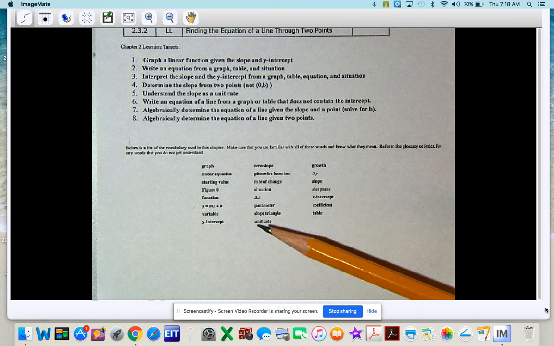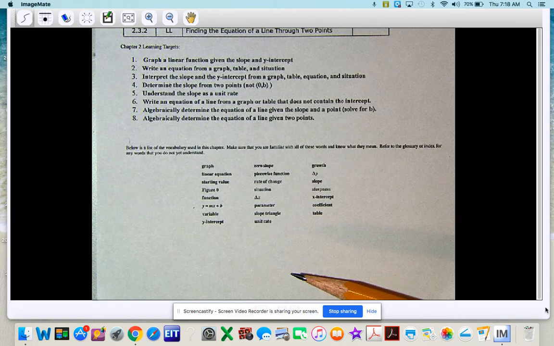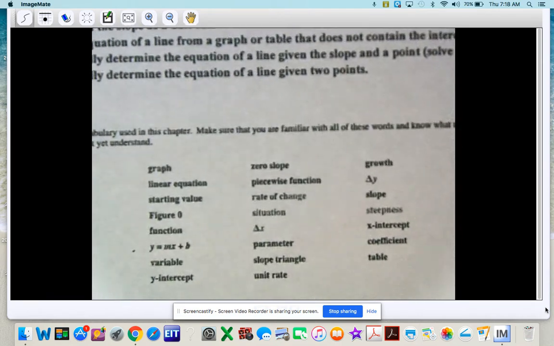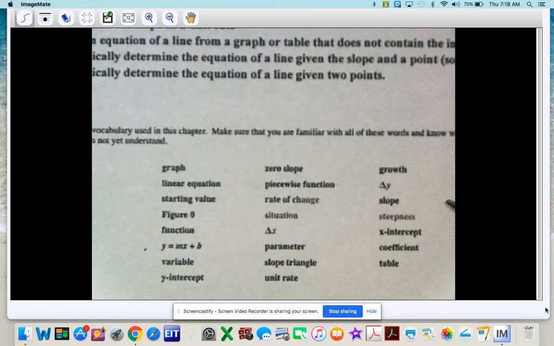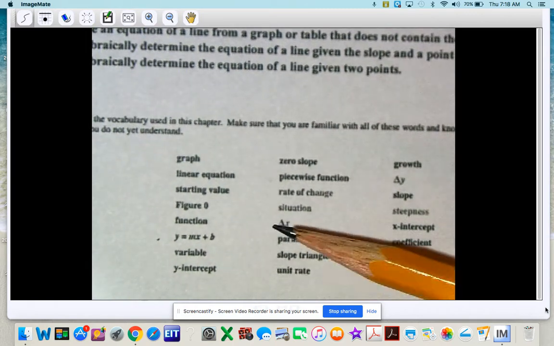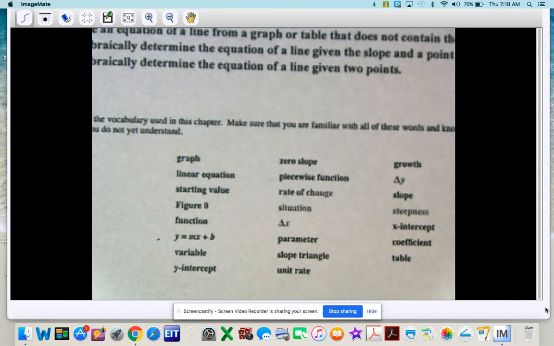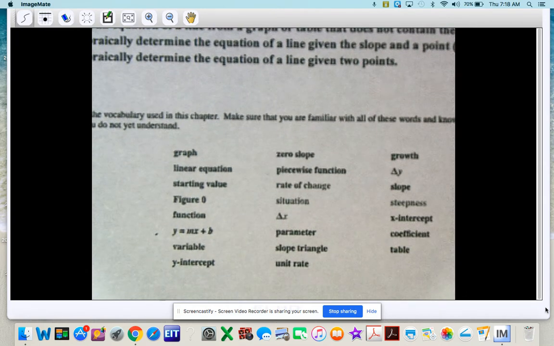So look through these different things. If there's something that you don't know by the end of the chapter, you'll definitely want to review these. Okay, so at this point, early on in chapter 2, we should know what a graph is, a linear equation, starting value, figure 0. Function is really from last one. We should know y equals mx plus b is the general form of a linear. We've been working with variables,